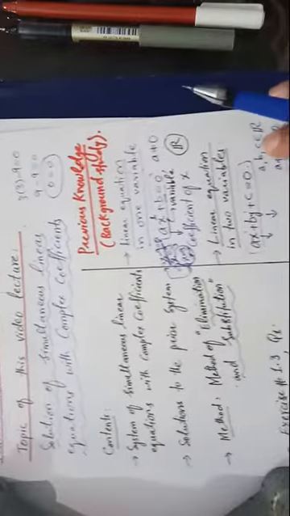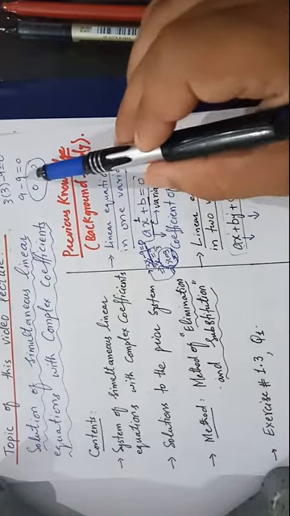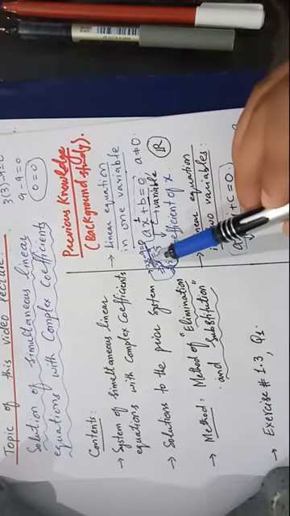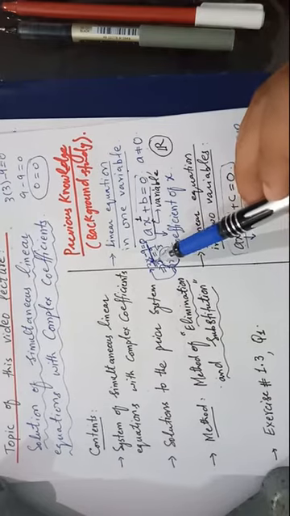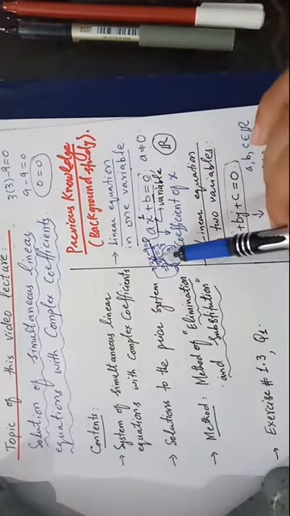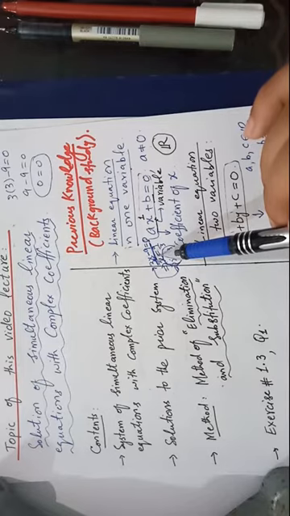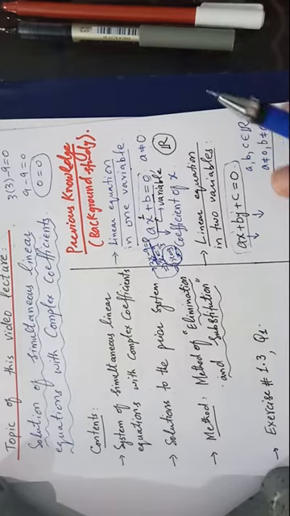So in this case you get a unique solution. x equal to 3 only satisfies this equation. If you replace x with 4 or 5 or 6 here, you will never get 0 equal to 0, you will never get the left hand side equal to the right hand side, because this is a linear equation in one variable and the number of equations is also 1. So when the number of equations is equal to the number of variables, you will always get a unique solution.